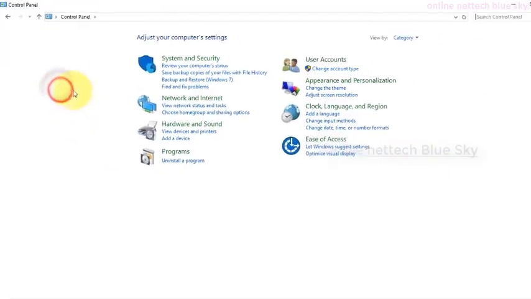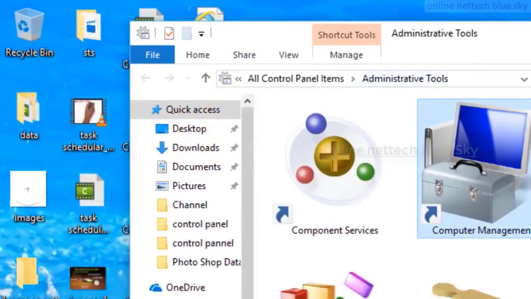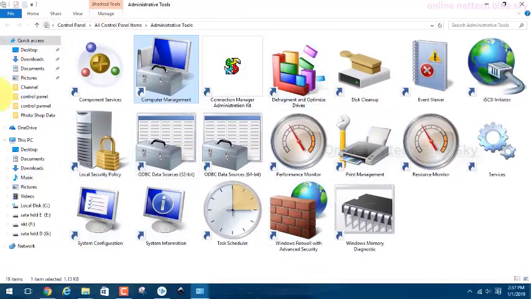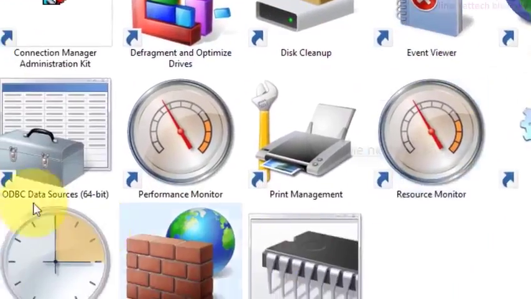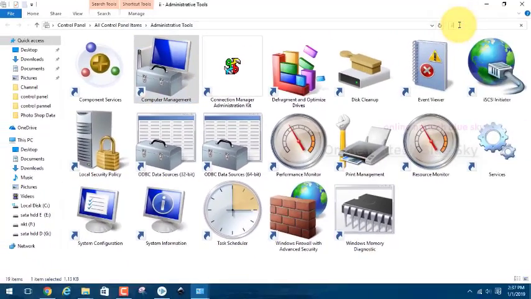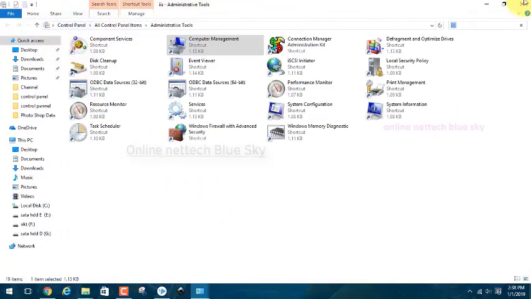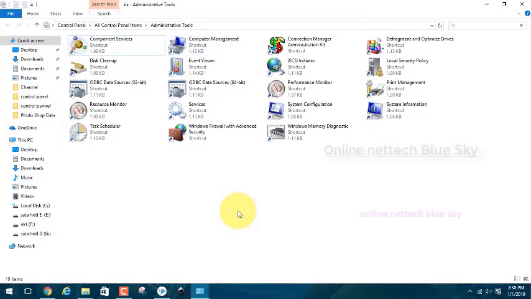So we are in Control Panel, click on large icons, and you can see again that Internet Information Services is not available, although Component Services and other tools are available in Administrative Tools. I'm just searching here for IIS, and it is not showing, okay. So how can we add these features to the operating system?